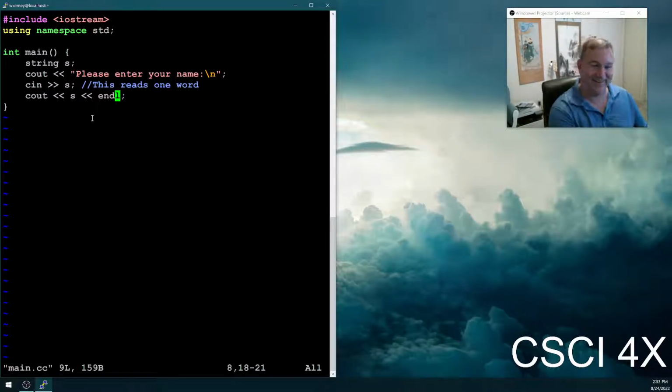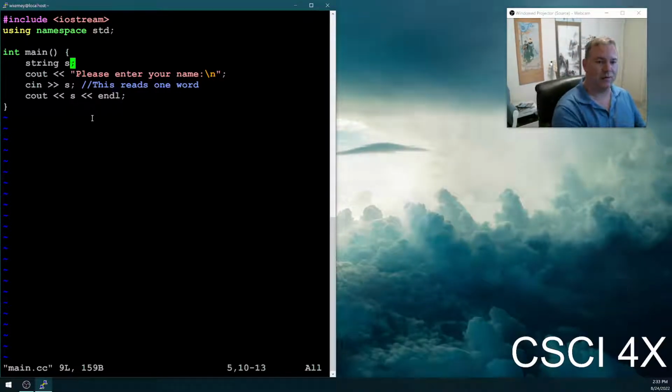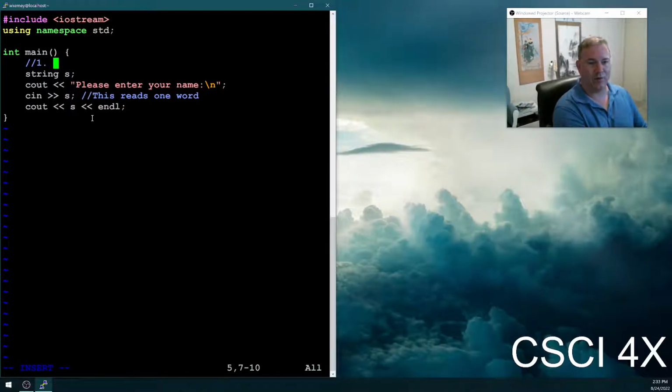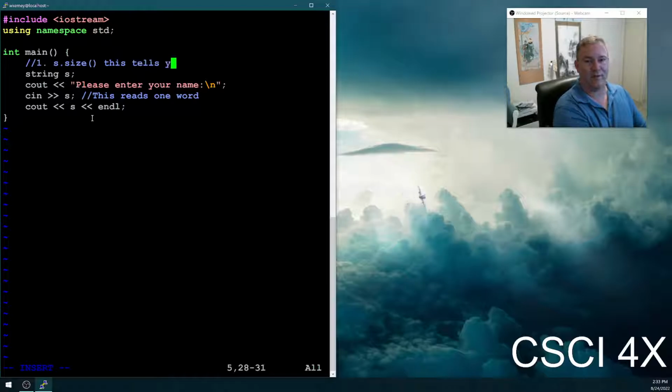Okay, so let's say that I wanted to print my name vertically. In other words, B on one line, I on one line, L on one line, L on one line. In order to do that, I need to know something that I don't know yet. There's a couple learning points for today. First one of which is dot size. If you say s.size() with open close parentheses like that, this tells you how many letters are